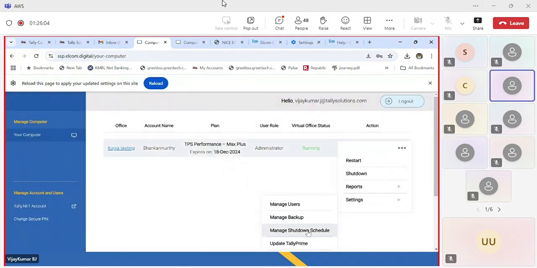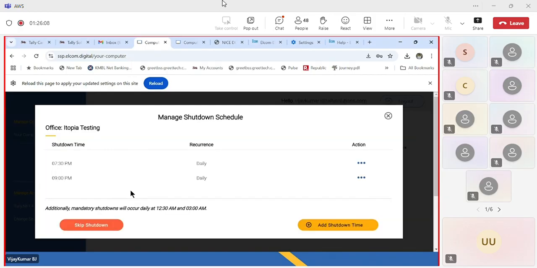देन आपको मैनेज शटडाउन शेड्यूल रहेगा। ये इसलिए है कि एवरीडे आपको 7:30 को एक बार, 9 o'clock को एक बार शटडाउन रहेगा। You can delete this if you don't want, and you can edit this. मगर आपको 2 मैंडेटरी शटडाउन आपको हमेशा होगा,